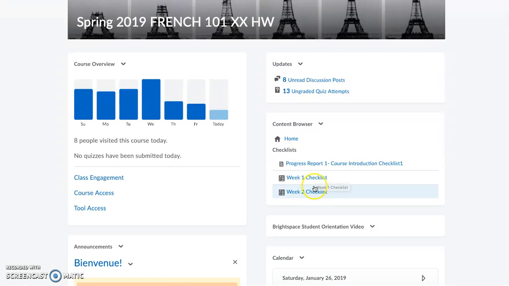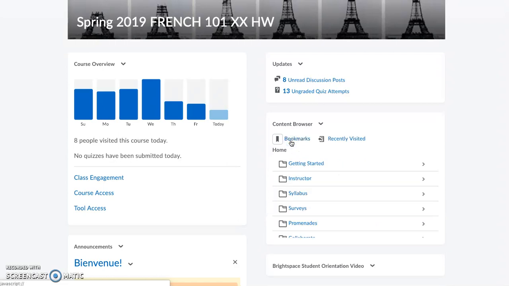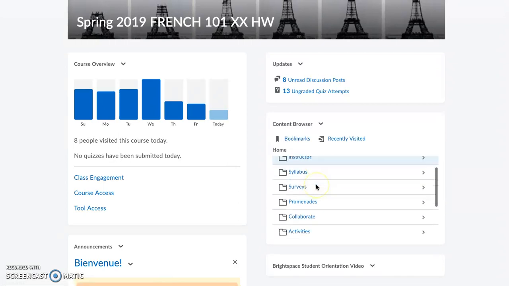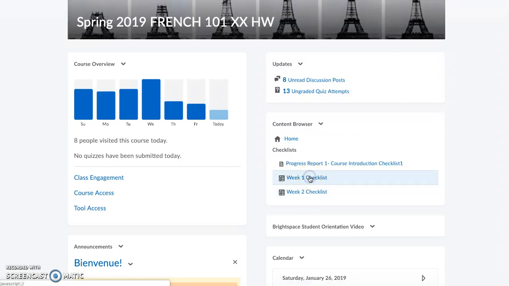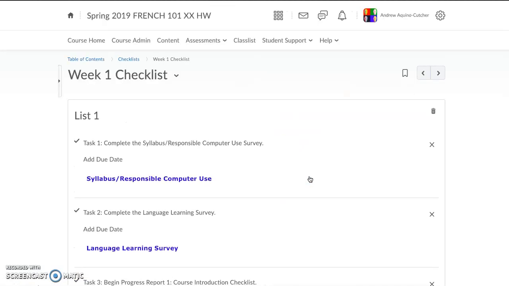So you can see every week I put checklist 1, checklist 2. I also put my progress report checklist there. And I also include these checklists in activities. It's more or less a copy of the weekly things that I put in activities, but it's a little bit simpler. In the checklist, for example, if you open one up, it just very simply gives a number of tasks